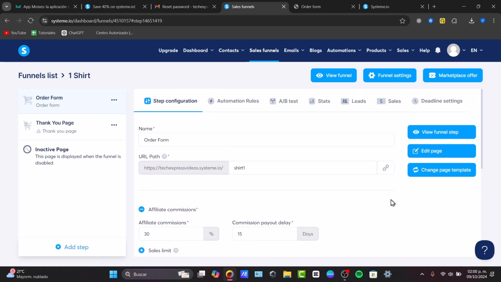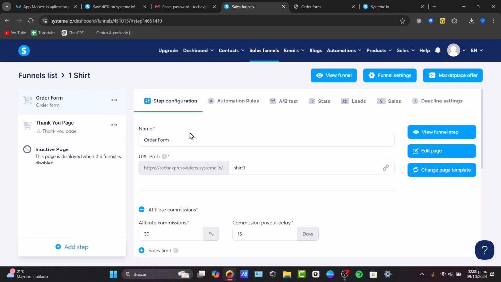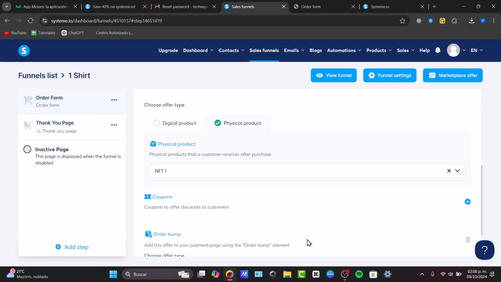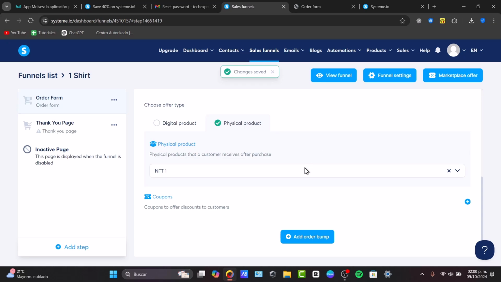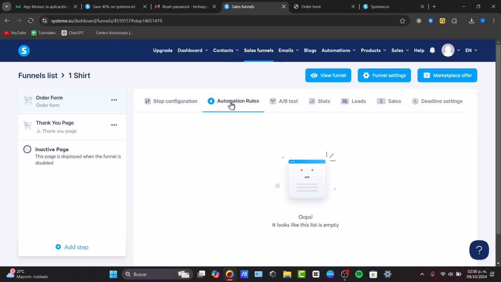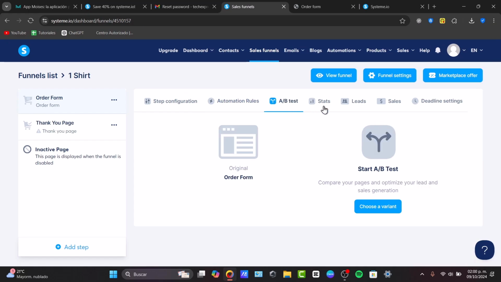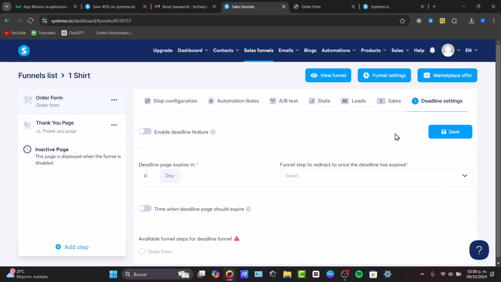Now, with that being said, I can go back into the automation rules. Now you can easily customize each page by dragging and dropping elements like text, button, images, and forms. So I can add an order bump or delete bumps. Now into this funnel, here is my order form created. Now I can, of course, check out automation rules, API test, stats, leads, sales, and deadlines that this page has